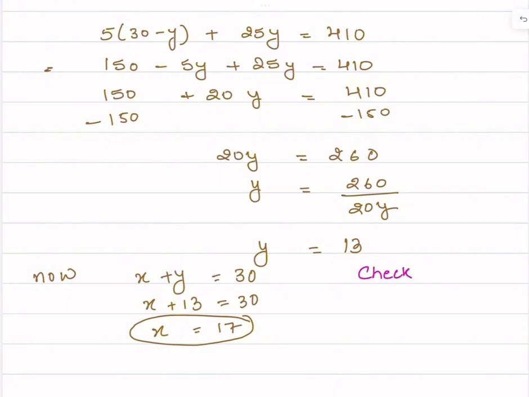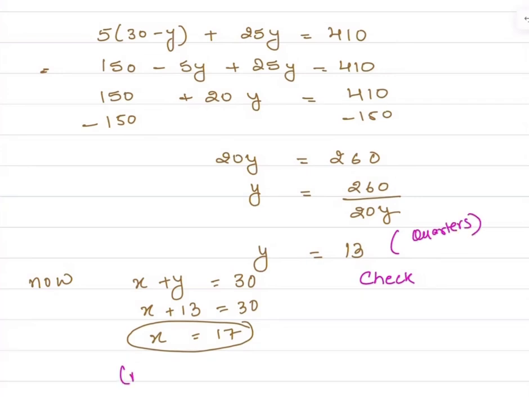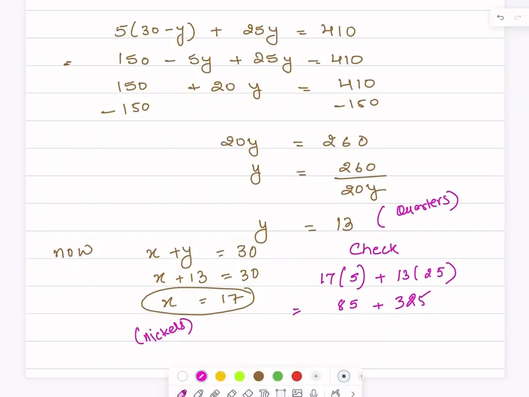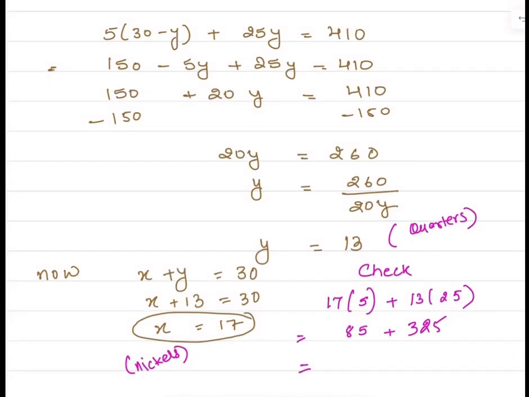Now if you want to check your work, go ahead and put the values of nickels and quarters in our first equation and see if it adds up to 410 cents. So when you do the calculation, you will see that it adds up to 410 cents, which is